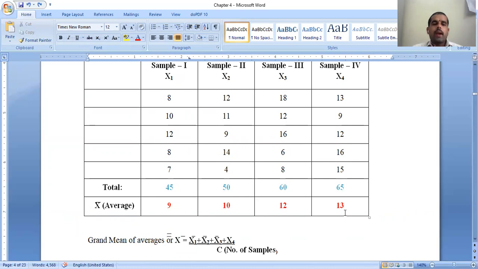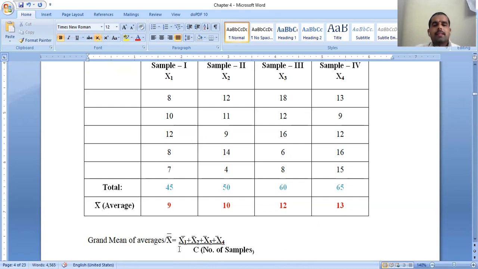Okay, after getting these values, the first step is here: grand mean of average. You observe carefully, grand mean of average, that is nothing but x double bar. X double bar is equal to x bar 1 plus x bar 2 plus x bar 3 plus x bar 4